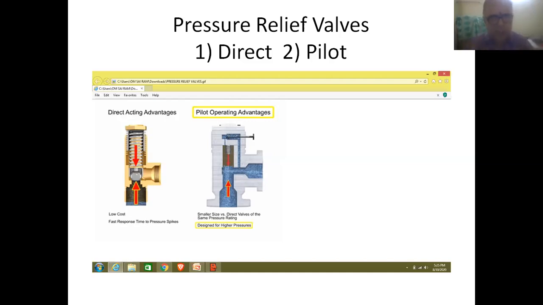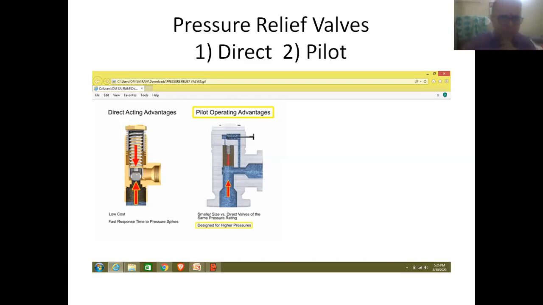So friends, relief valves are classified into two categories: direct relief valves and pilot relief valves. Direct relief valves are used for small and medium operations, and pilot relief valves are very essential for performing large and very large operations.